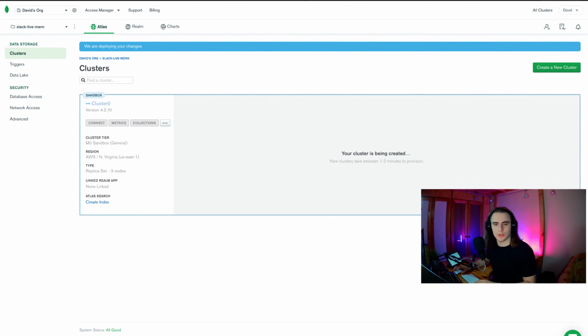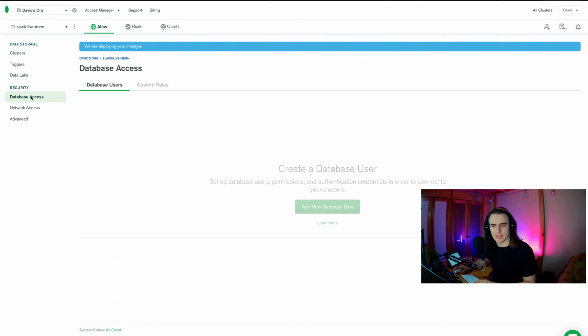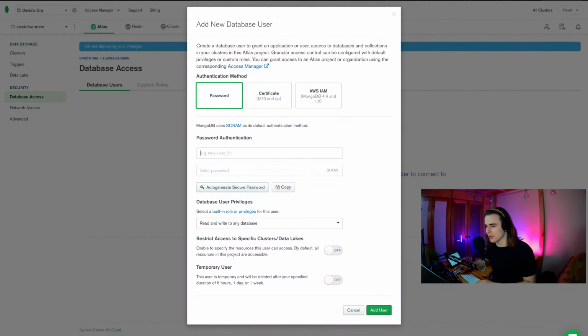So what we will do is go ahead and hit database access, add a new database user, and we got